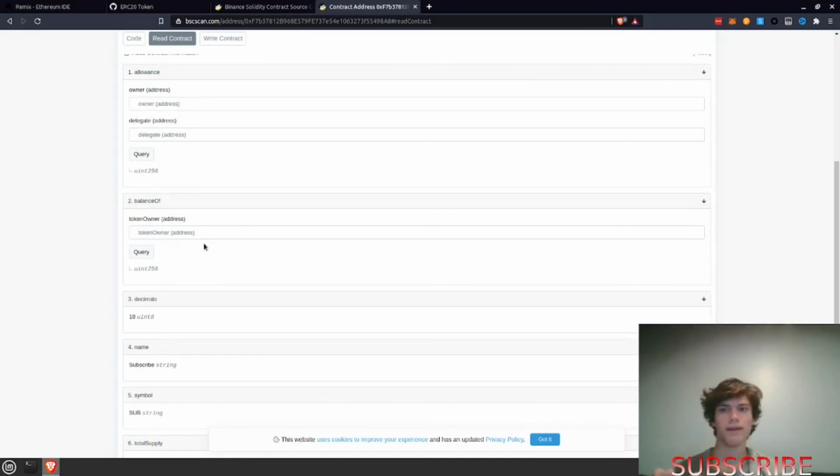Note that it'll be that with an extra 18 zeros on. You'll have to divide those out because there's no actual decimals in Solidity. It's just the way decimals are displayed on the front end is using a large number, and then you move the decimal place a bunch of times. It's a bit confusing,